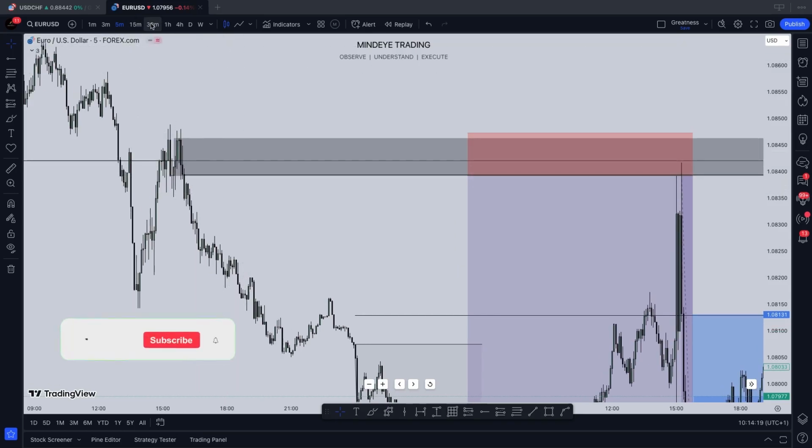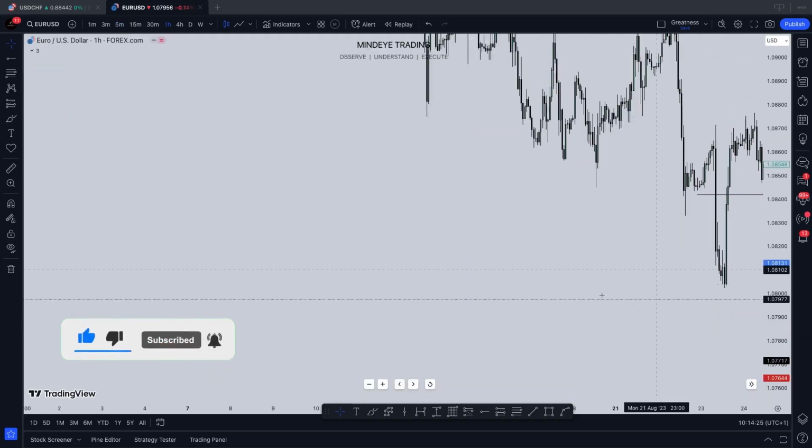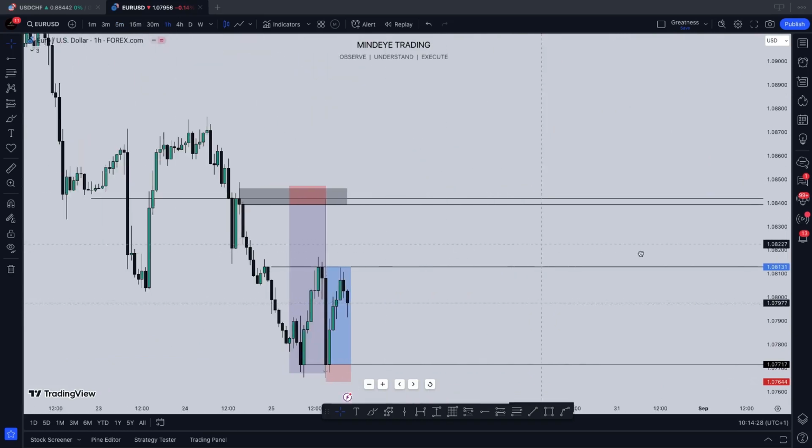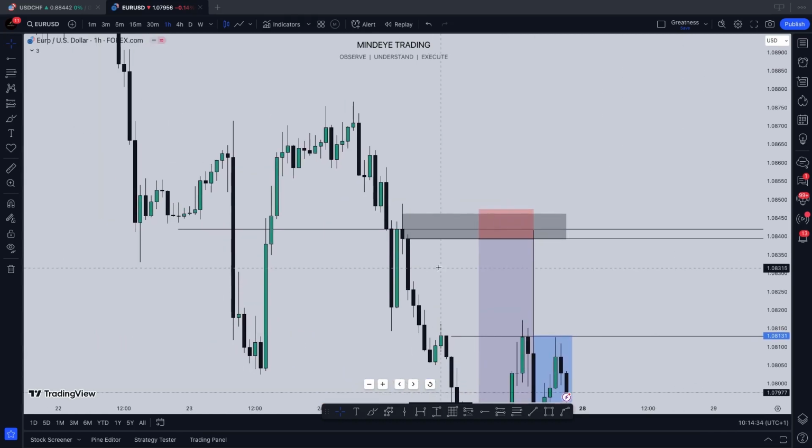But let's go to a much higher time frame to build the story downward so you will see reasons for the trade and how to locate this imbalance. Okay, coming to a much higher time frame, the 1 hour time frame, looking at this very chart, you would notice the imbalance. There are different ways to locate this imbalance, which I told you, but I'm teaching you the smart money concept way. Personally, I will locate it with these 2 points, but using the smart money concept way, remember it is the close of the first candle and the open of the third candle. This is candle 1, candle 2, candle 3.